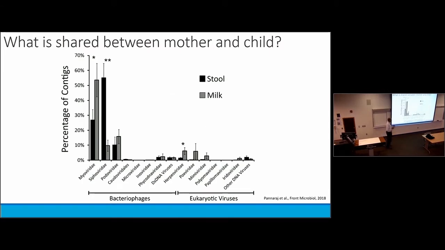But when we look at the patterns of viruses that are present, most of the viruses, again, are bacteriophages, but we see that there's a relatively small number of myoviruses present in stool. Breast milk has a lot of myoviruses. If we look at the infant stool, it's similar to adult stool in that there's a lot of these siphoviruses and few myoviruses. But the one thing you might notice is that this is not an insignificant number of myoviruses. This is also not an insignificant number of siphoviruses, so there is some overlap in terms of the type of viruses that are present.